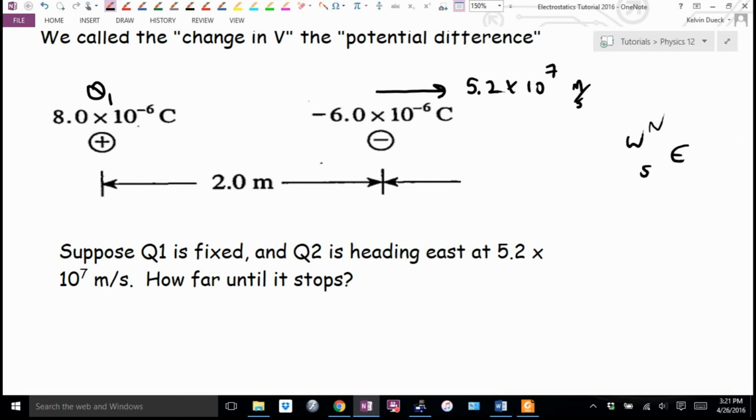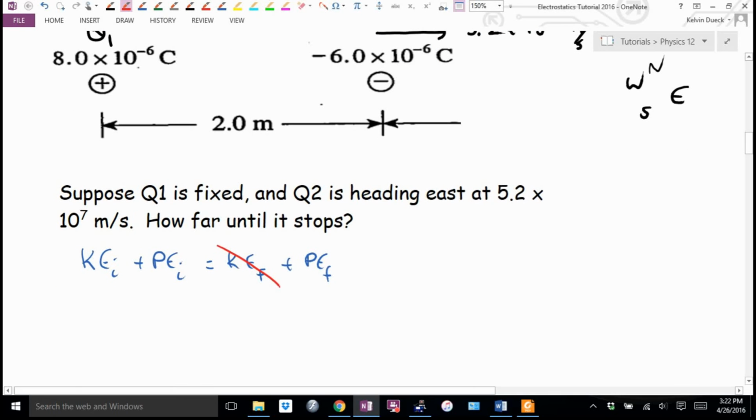Conservation of energy. By the way, did I say how much work in this question? No, so don't go work equal. I would start out by saying KE initial plus PE initial equals KE final plus PE final. Clay, what did you say this question wanted me to find? The distance it stops. Then it stops, so final KE is 0. Okay, this is going to be a half mv squared